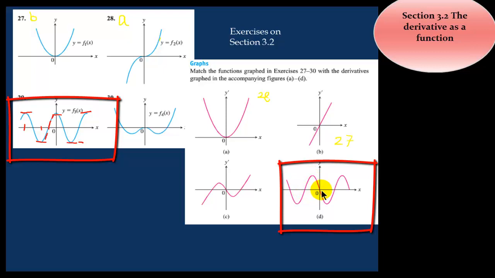So between the origin at x equal to 0 and another x right there, where we have a zero slope for the tangent line, all of these slopes of the lines tangent to the curve are negative,